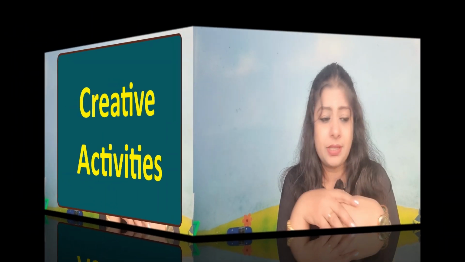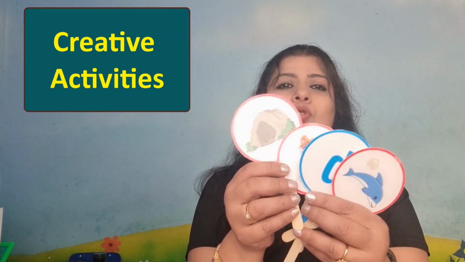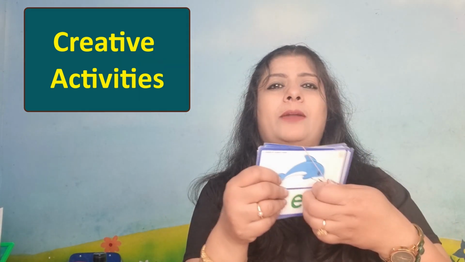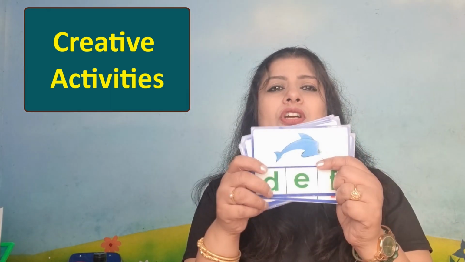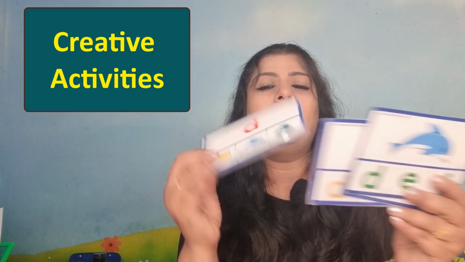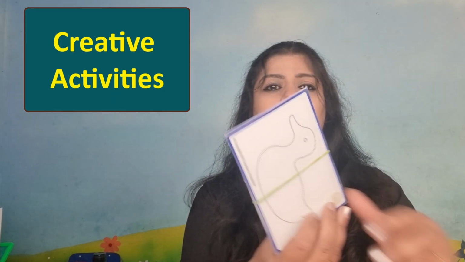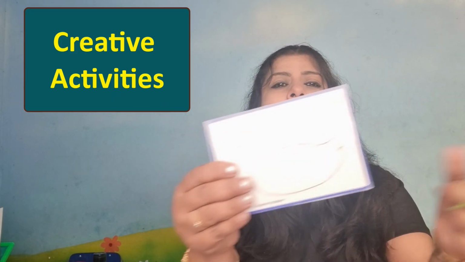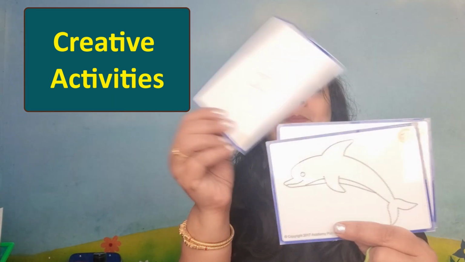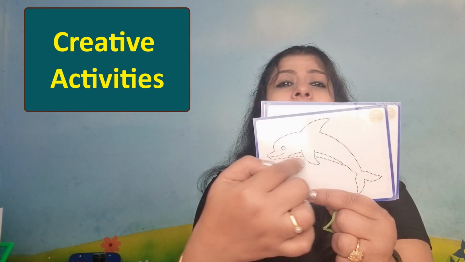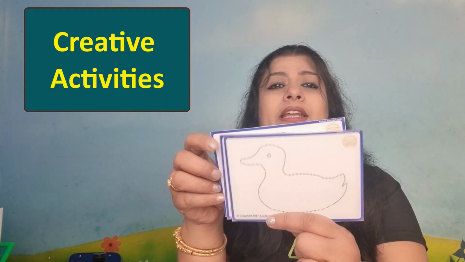And next are some creative activities. So you can have all these materials. These are stick flashcards. For grouping, sorting, matching, for all these activities you can use them. Now you know these are pegging activities. So look at the object here and choose the right beginning sound, and look at the sound, choose the right picture or word. So these are drawing cards. Children who need more help in drawing, you can give them these dotted cards and a wooden pencil. Using the wooden pencil, they can trace on this and later they can start drawing. So this will help children who are not very good at drawing start drawing.